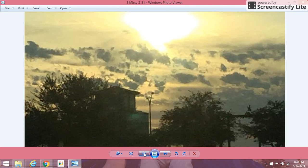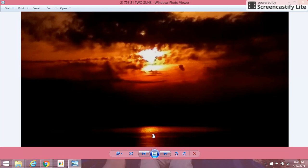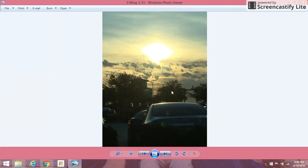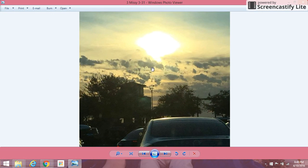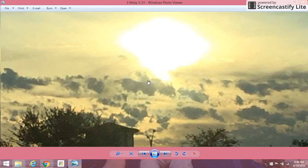And just like in this picture, where you can either see the second sun or maybe a reflection that the second sun's given off, you can even see it down here in the reflection. I mean, how can a reflection in the water not be really in the sky? That's obviously what that is. She took this picture and she was kind of freaked out because she saw the same thing, same position